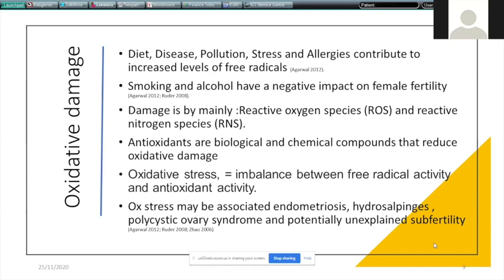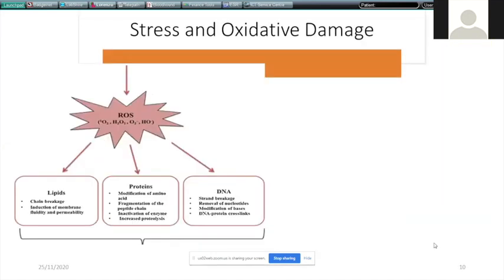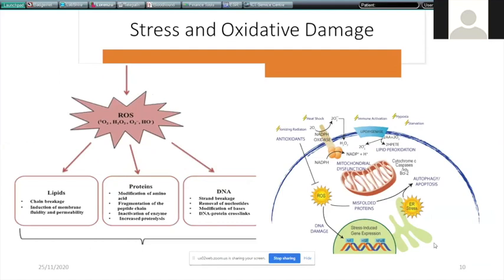It could be in endometriosis and any other gynecological condition which I have mentioned on the slide, including PCOS, and even in unexplained cases, because we don't know, but that could be happening in the body at the microscopic level to damage the eggs or the sperms in men. So basically, this is how the free oxygen or stress-related damage can cause an adverse impact on the